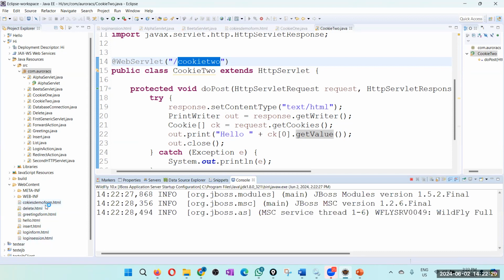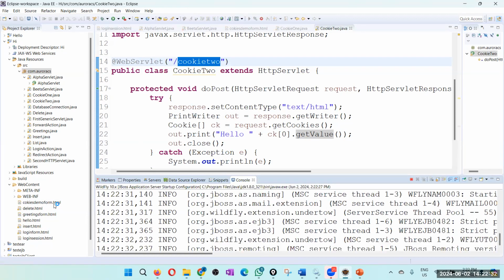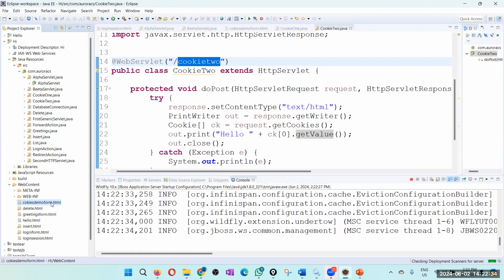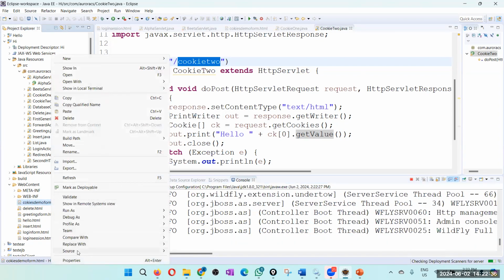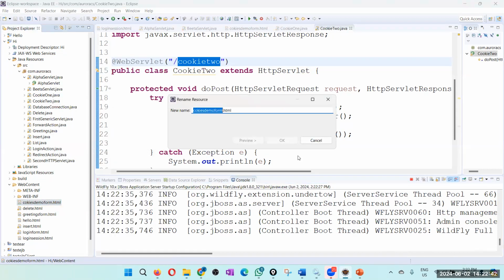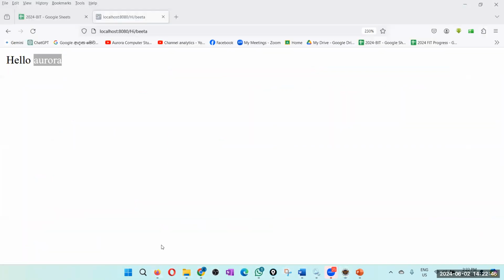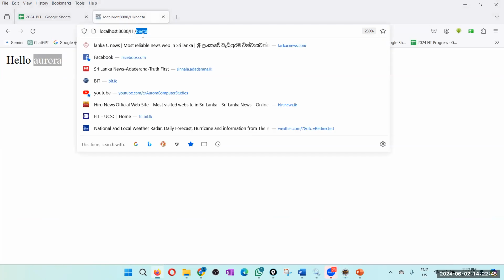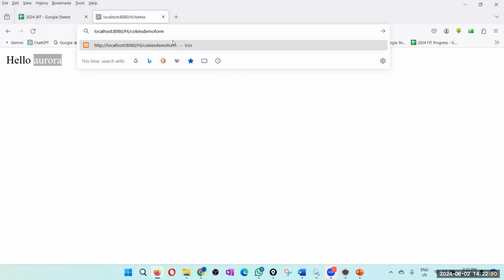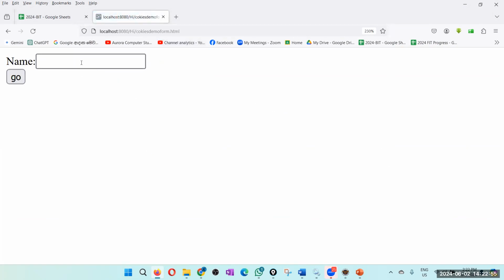So the cookie demo form, cookie demo form .html. And a similar UI. This time I will say Kapila